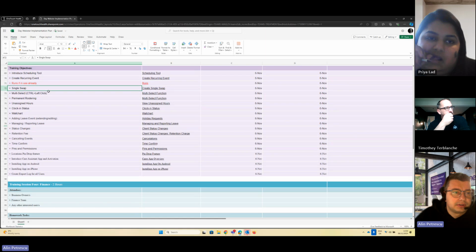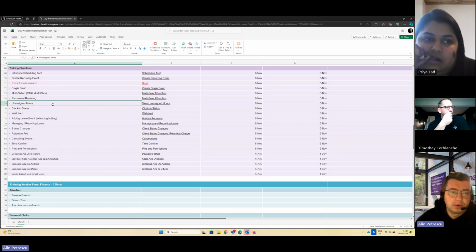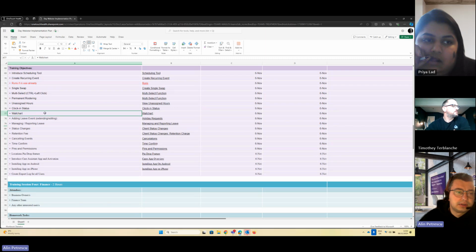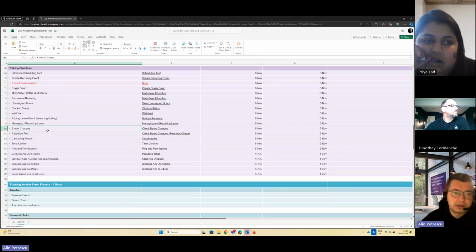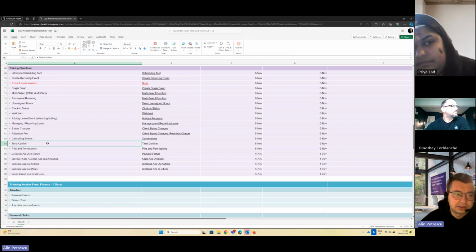rest for the moment. Then we're going to look at how to do a single swap, multi-select, permanent rostering, what it's on assigned hours and how we can work with that. The clock in status, the wall chart, it's a nice function over there. How to add, extend leave, then manage reports on leave, the status change, how we can work with that and how we can put a retention fee in place, how we can cancel events, how we can confirm timesheets, pins